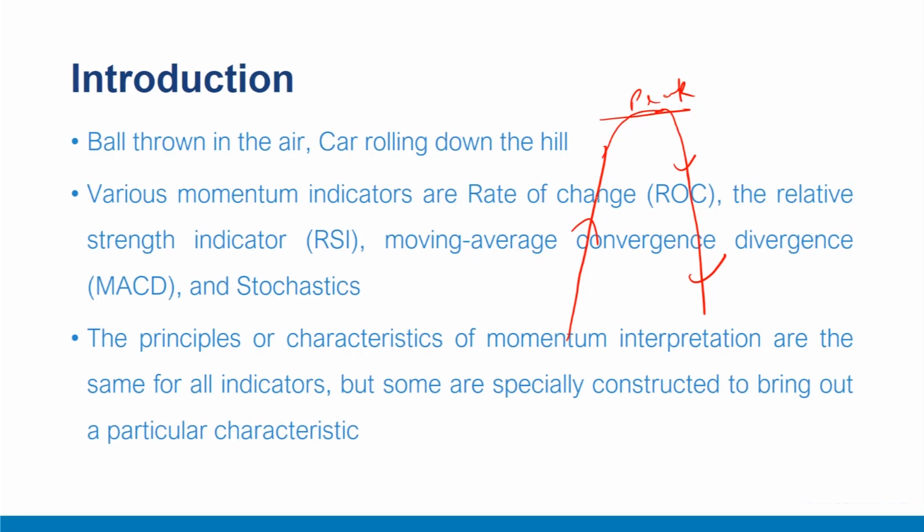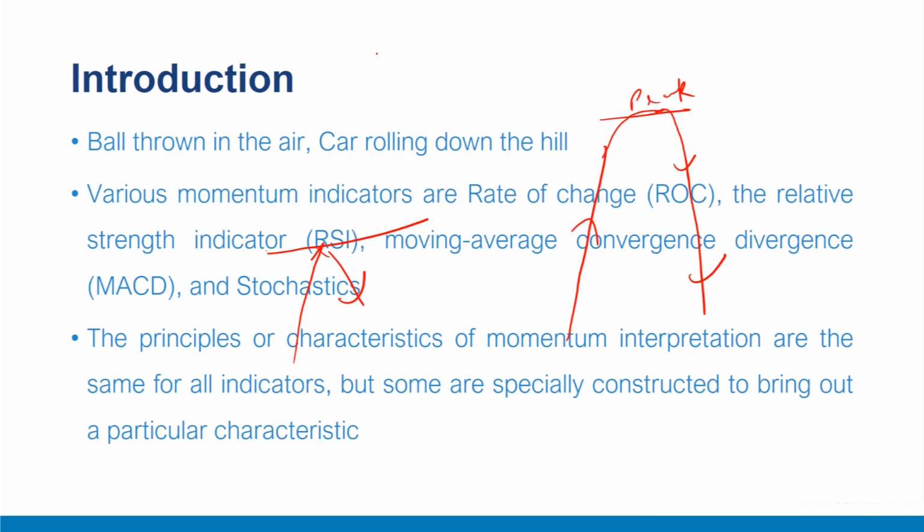On the other hand, if a ball is thrown in a room and it hits the ceiling while its momentum is still rising, the ball and the momentum will reverse at the same time. Unfortunately, momentum indicators in the marketplace are not dissimilar. This is because there are occasions on which momentum and price peak simultaneously, either because a ceiling of selling resistance is met or because buying power is temporarily exhausted. Under such conditions, the level of momentum is often as helpful as its direction in assessing the quality of a price trend.